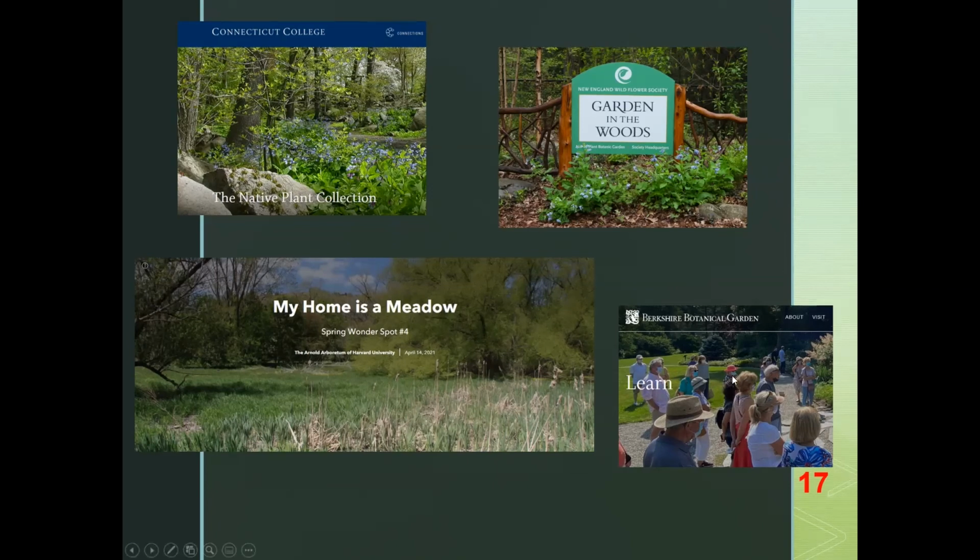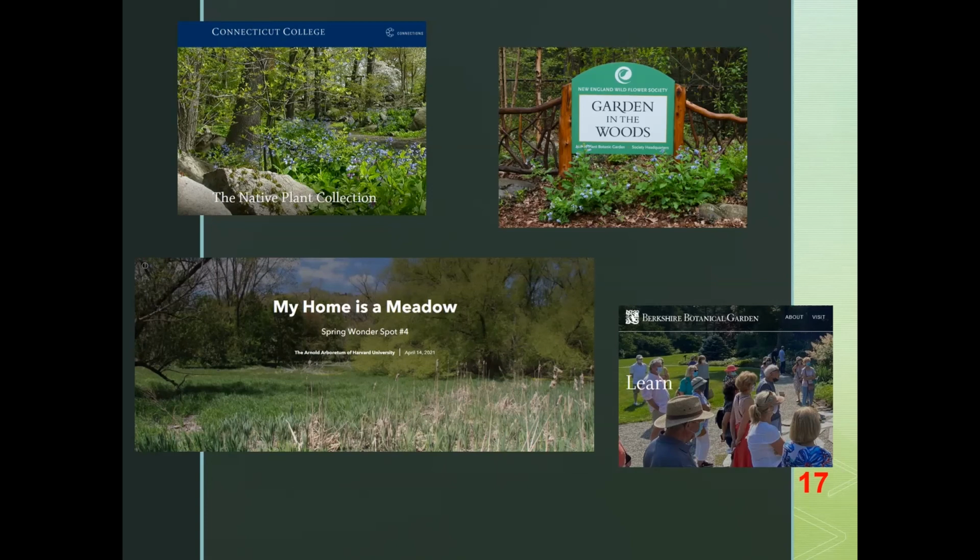And finally, the Berkshire Botanical Garden up in Stockbridge, Mass, does a wonderful job in their display gardens of integrating native plants into some very formal garden settings. So depending on the sort of designs that you may be thinking about, the Berkshire Botanical Garden is another great place to get ideas.